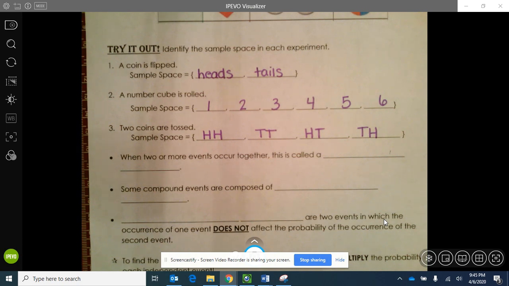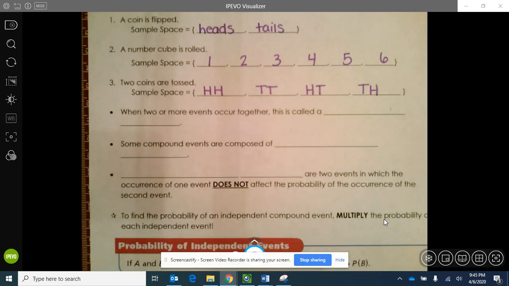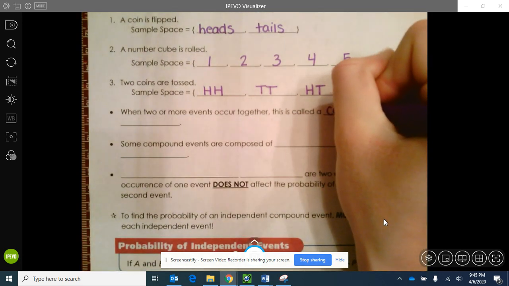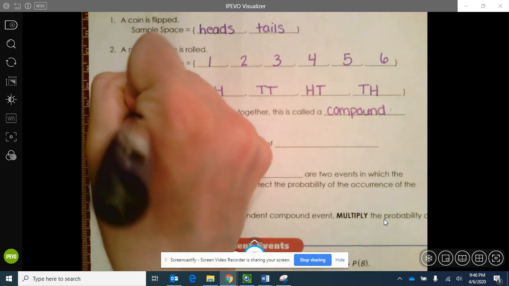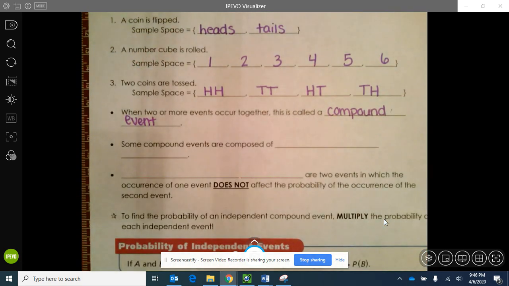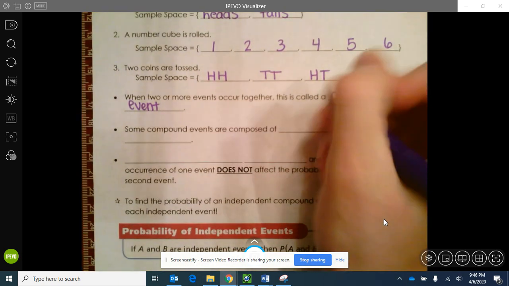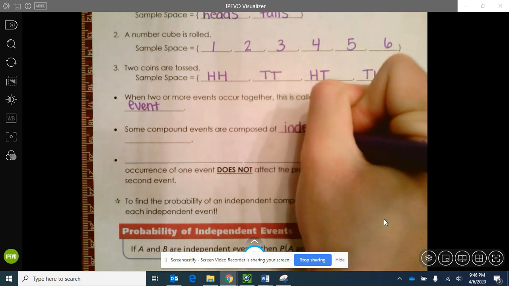All right, let's also do a little introduction to compound events. So when two or more events occur together, we call this a compound event. So it's no longer just a single event. This would be a compound event. Now we're going to take a look at both independent compound events and dependent compound events, and we're going to start with independent today. So some compound events are composed of independent